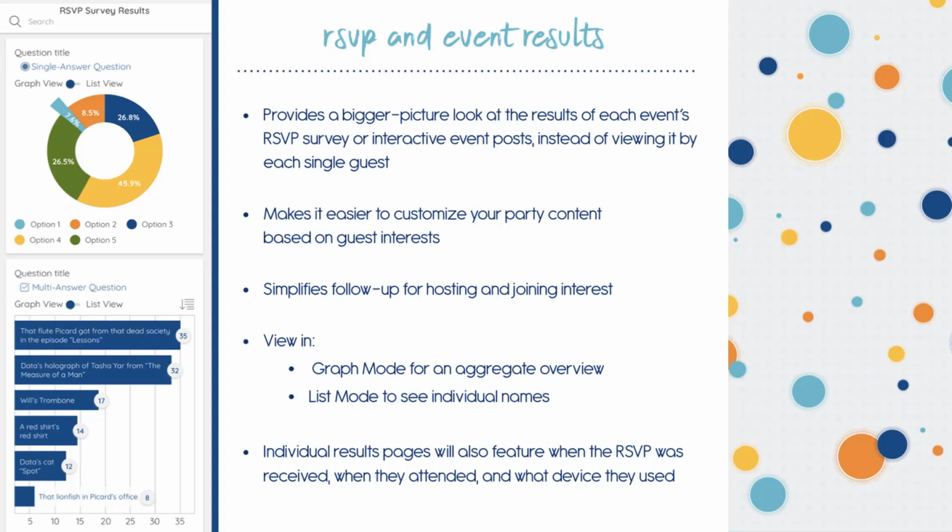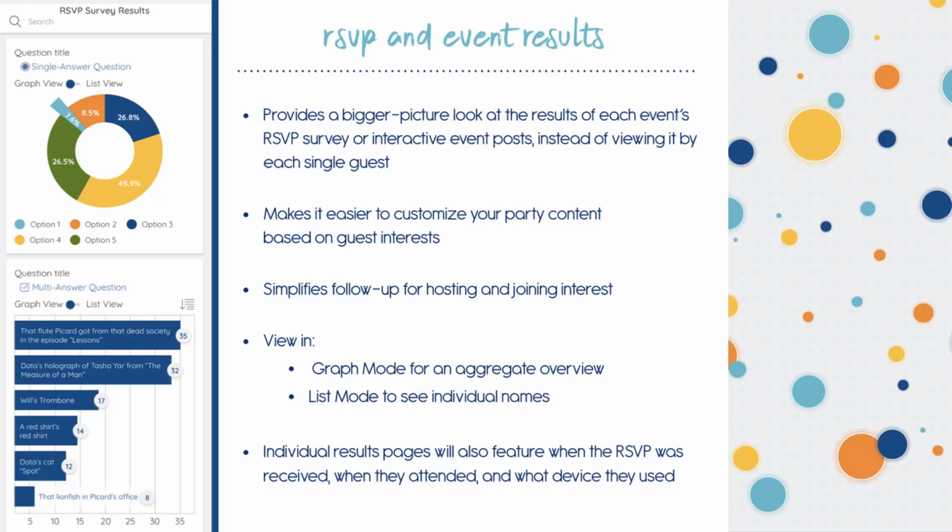That kind of thing. So lots of things that you can do here. I think I kind of covered that. Graph view is this aggregate view. List mode, you can see individual names. Okay, not too much changed on the individual result page, but we will be featuring a couple new details when